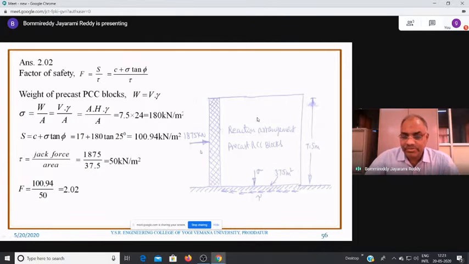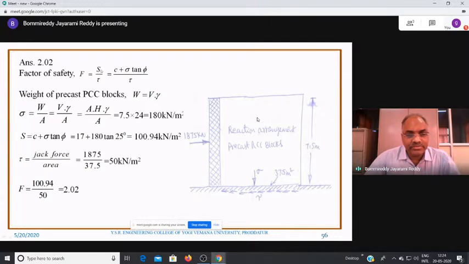And here, since the reaction is towards the right, the bottom shear stress is developed opposite in direction, which is tau. So this is the final concluding forces acting on the soil. So now, what is the factor of safety with respect to the bottom shear strength? Factor of safety is nothing but the shear strength of the soil